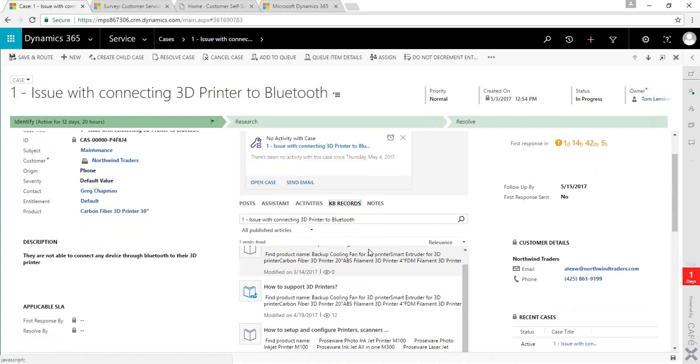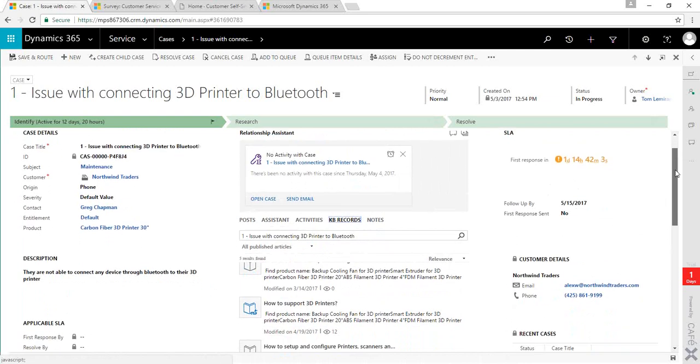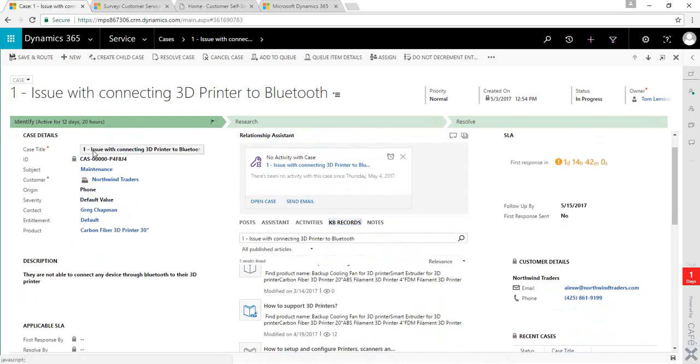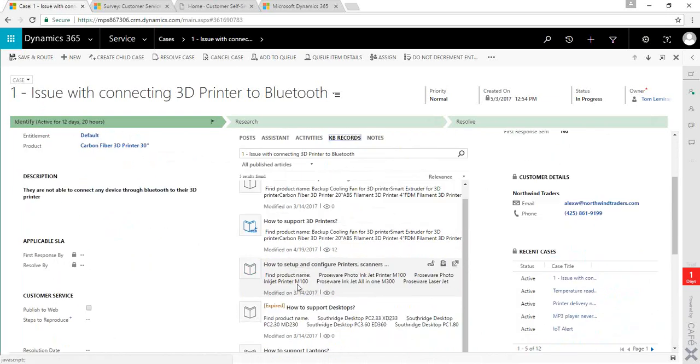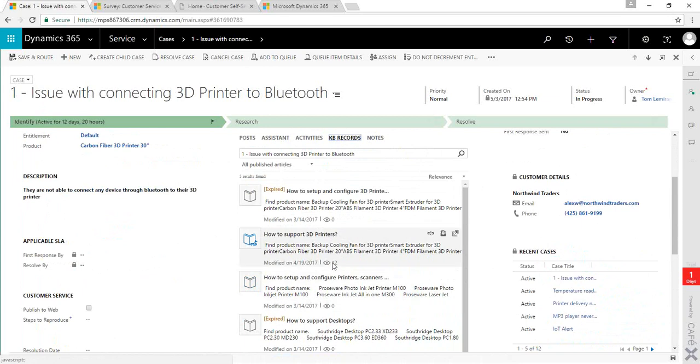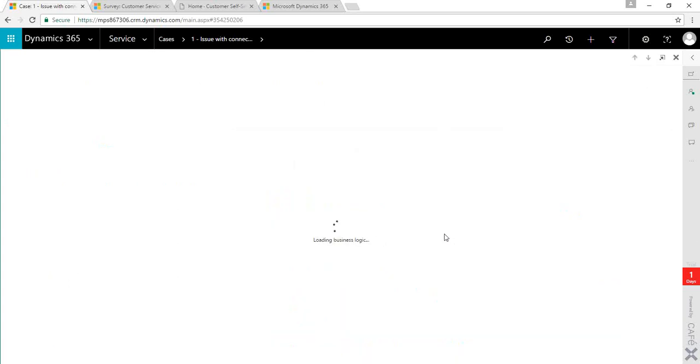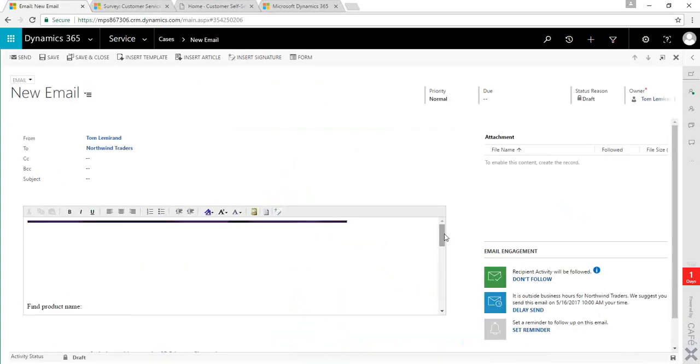But if we jump down here into the knowledge base articles, if you look at what's in here, it's automatically taking this case title and setting it into the search by default. If you look at what's coming up with the different articles that are on here, you can see how many articles have been viewed. Through here, I can link this directly to this case. I can send an email right from here. So if I select this icon right here, it actually creates an email record that I can now send